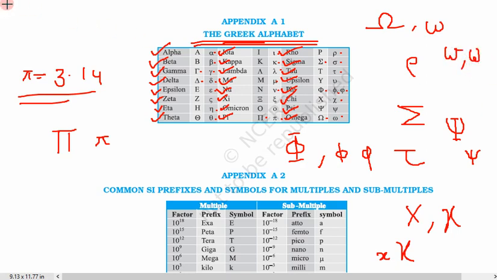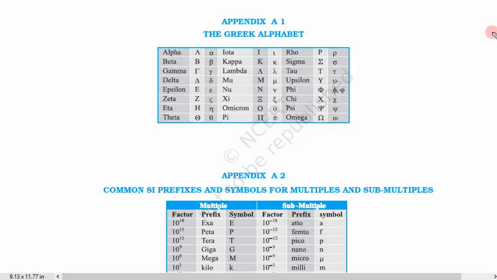Okay, so let us summarize the main important ones. Alpha is commonly used, beta is commonly used, gamma commonly used, both deltas are used, epsilon, zeta is not used, eta is commonly used, lowercase theta is used, kappa is used, lambda is used lowercase, mu is used, nu is used, this is not used, this is not used, pi, both the pi are used, rho is used, both sigma are used, tau lowercase used, epsilon not used, phi lowercase used, chi lowercase used, psi both cases are used, and omega both cases are used.